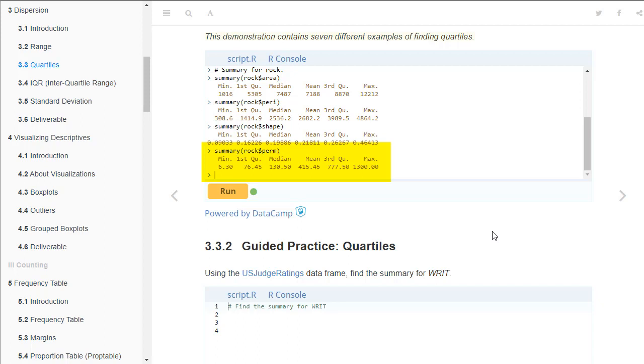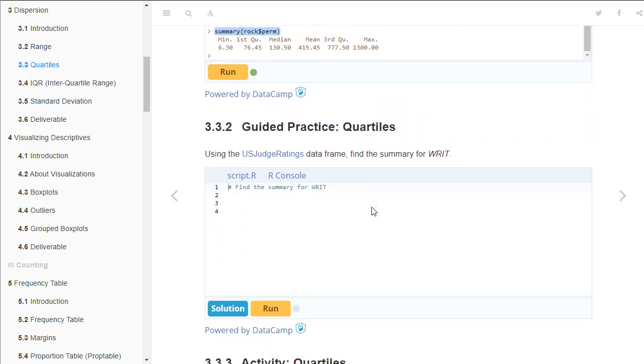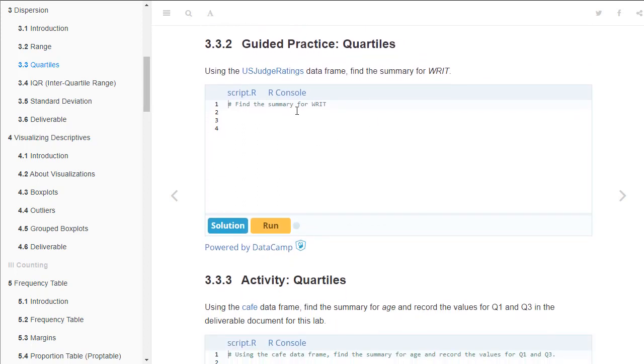The median is the same as the second quartile, 130.50. Then you can see the mean. The third quartile is 777.50, and then the max value. So to find the quartiles, we use this summary command. You get a lot more data out of there than just the quartiles, but quartiles are all we're interested in